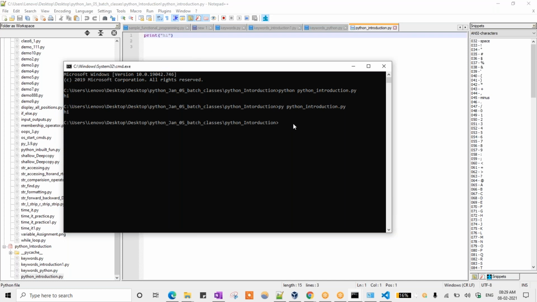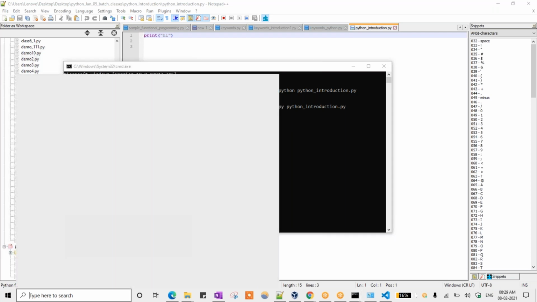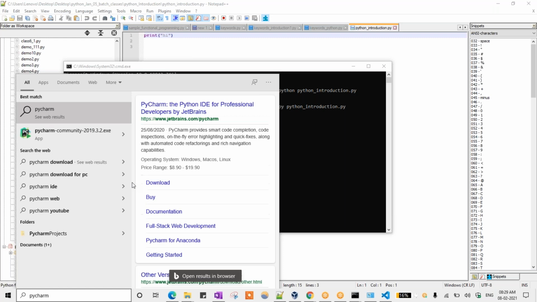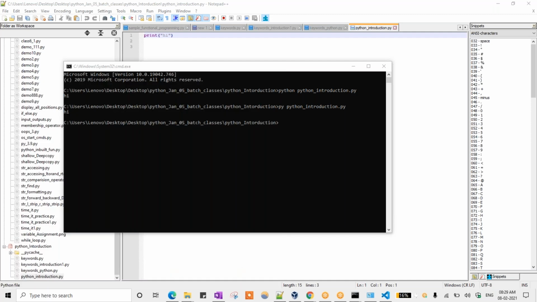Any other way you can do it, not a problem. And one more thing is you can install PyCharm also. The executable file is already there. You just go to this location and search for PyCharm.